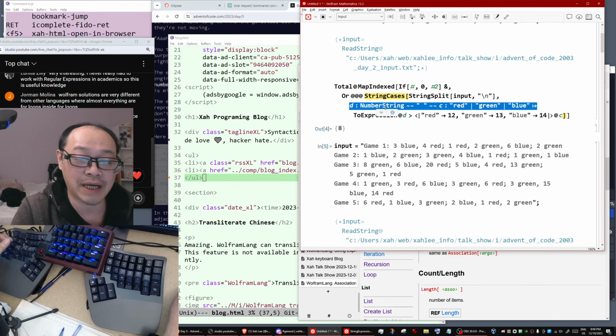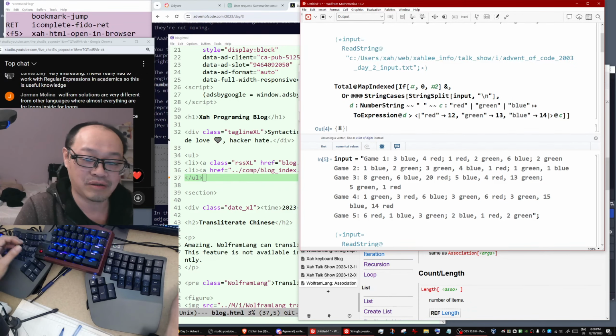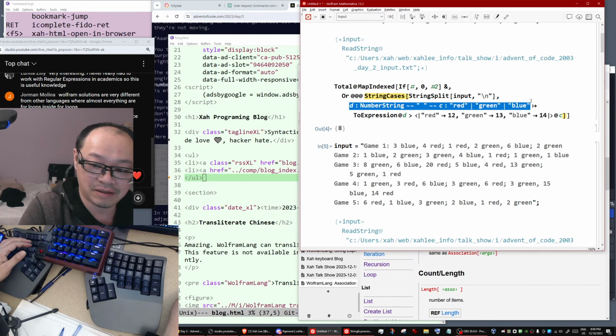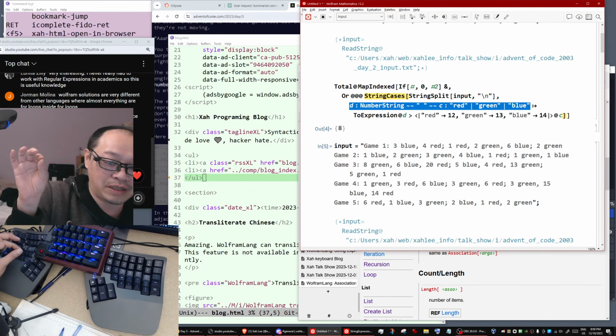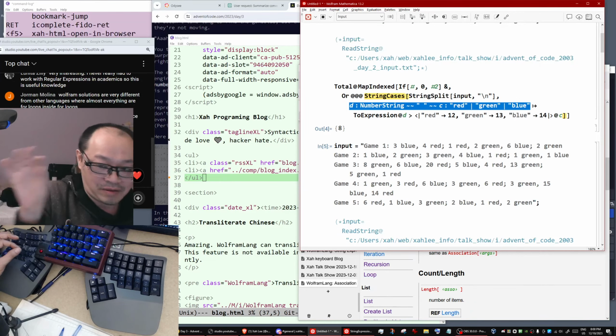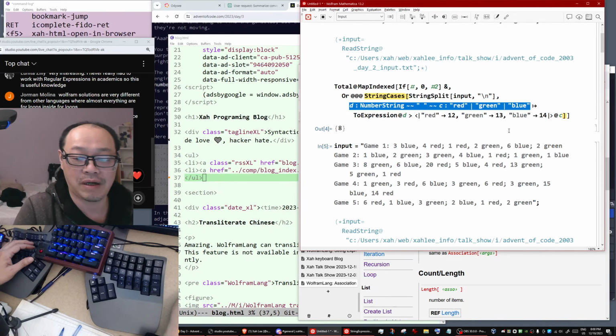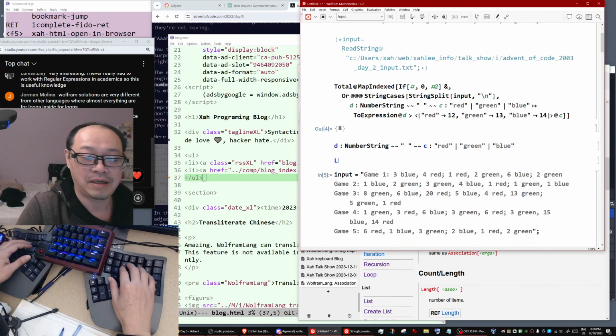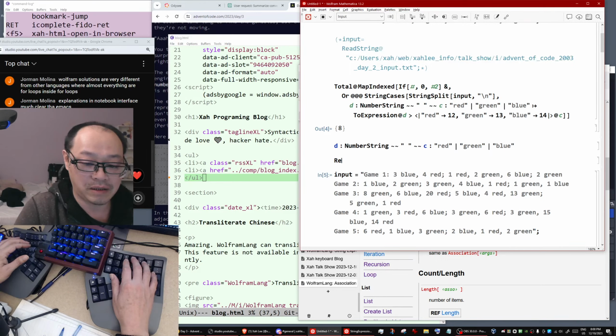Can you do this in regular expression? Yes, you can. We can represent this string expression syntax in regular expression, which is not hard at all. For example, this line in regular expression would be